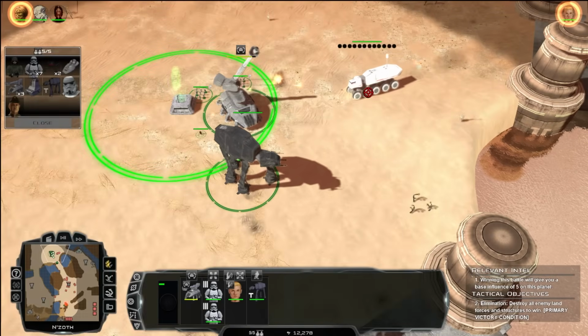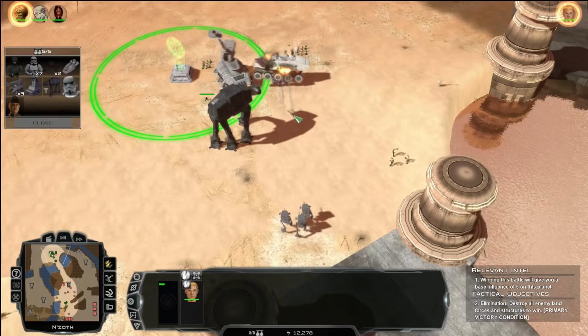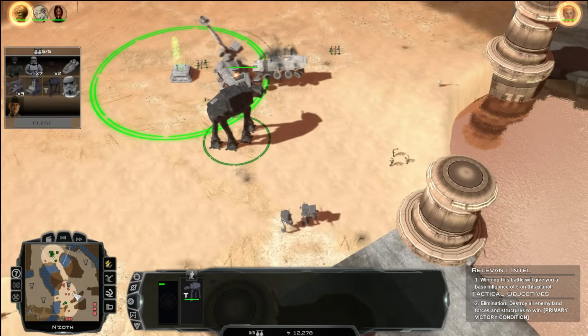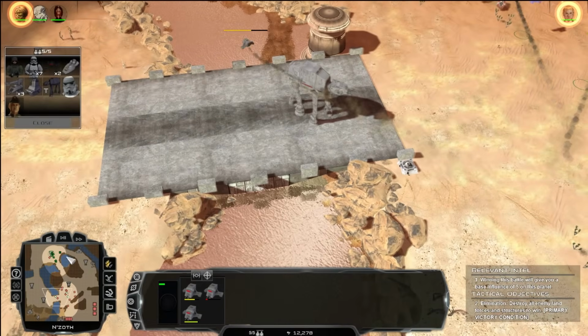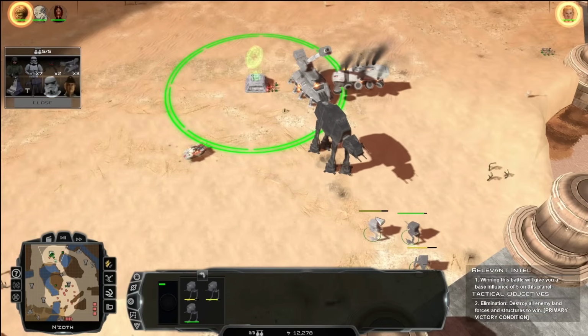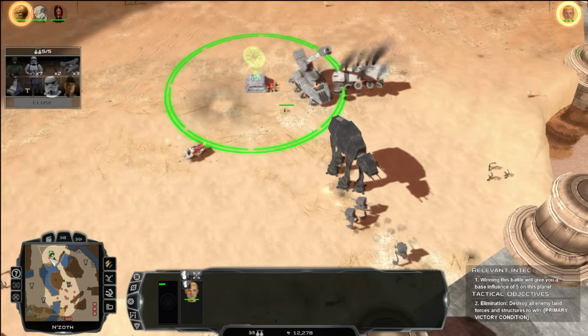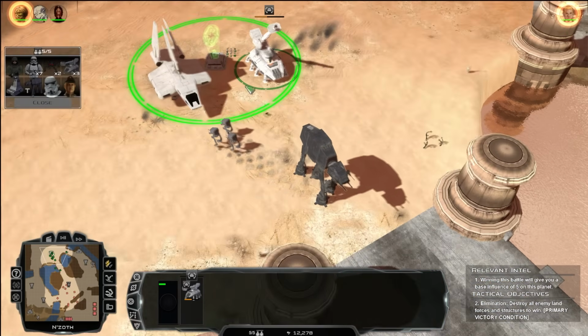Brachus, can you do something about this? Thank you, Brachus. Alright, I think we got the artillery out there. That's good. Now fly back. Alright, we'll send Brachus up the middle